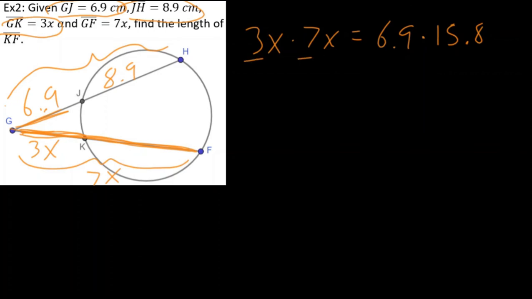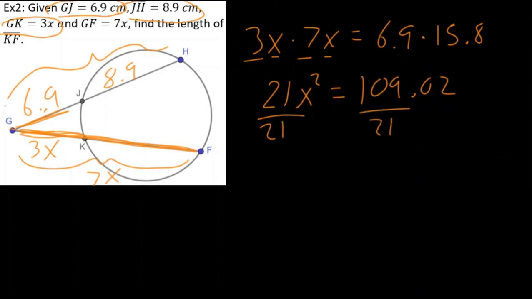Now from here, let's go ahead and do a little math. We know that 3 times 7 will give us 21, and x times x will of course be x squared. And we can set this equal to, now on this side I would definitely use my calculator. We know that 6.9 times 15.8 will give us 109.02. From there, we're just going to follow the basic rules of algebra. We want to start by dividing by our coefficient on both sides. And so we'll get x squared equals 109.02 divided by 21, which will in fact give us